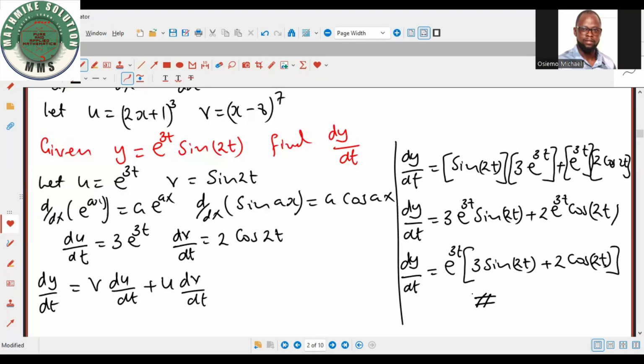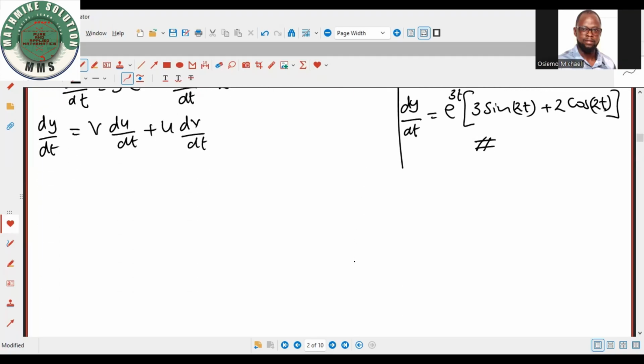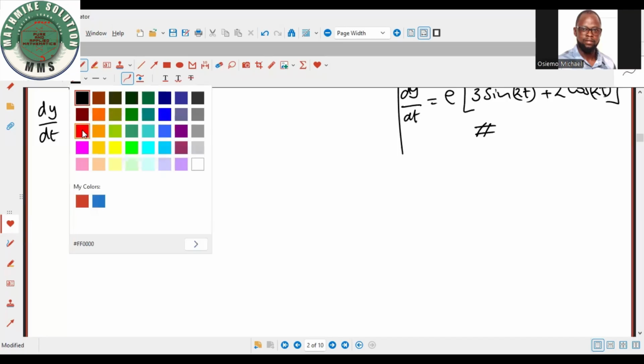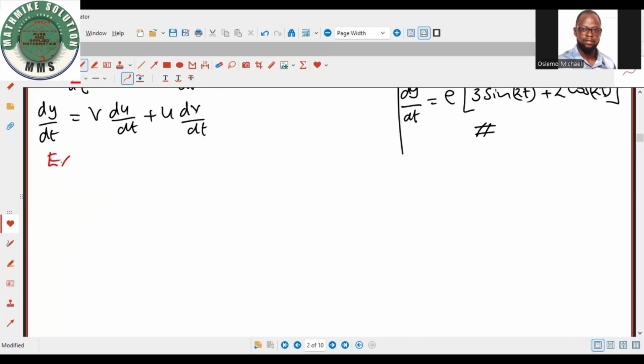That is how we use the product rule to find the derivative. So let us have another example. Example 2. In this case, you have been given